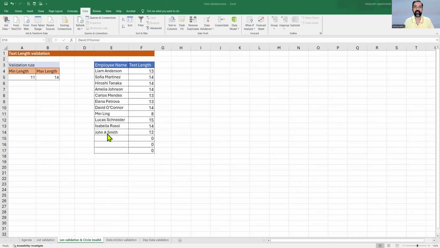What about the pre-existing data? How are we going to check those? So this is where the circle invalid data feature will help. Now, to check for any pre-existing data that does not meet the criteria, first select the entire table and then on the data tab, select the dropdown here, the data validation dropdown,